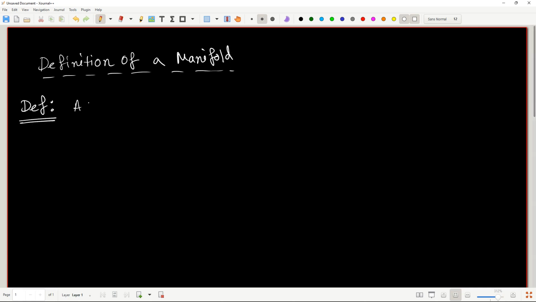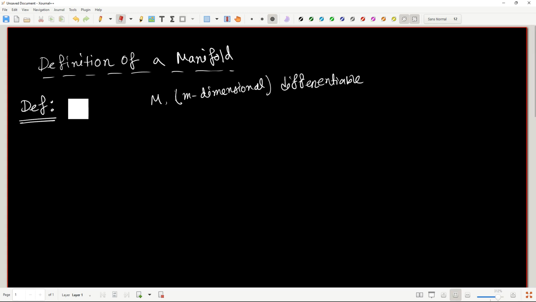A manifold M, and let's say this M is called an m-dimensional manifold. A manifold M is an m-dimensional space or a generalization of a space, or you can say it's a topological space, whatever. So this is an m-dimensional differentiable, okay, let's call it just M. Okay, if M, which is m-dimensional, is called a differentiable manifold